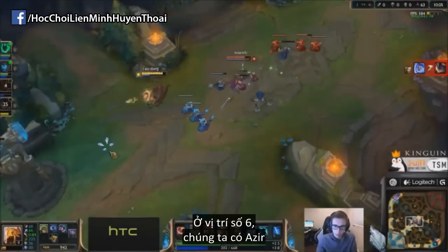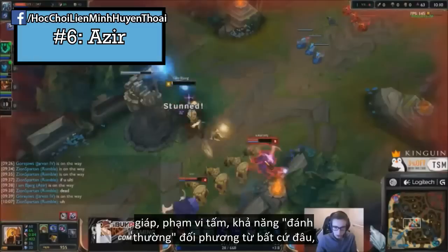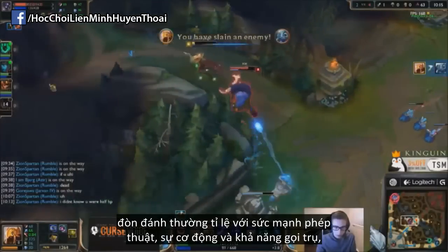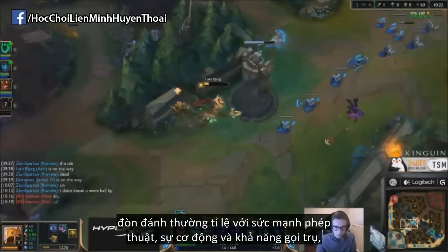And at number 6, we have Azir. With his passive to give him a ton of attack speed, a slow, 2 knockups in his kit, a shield, super high ranges, and the ability to manipulate where his auto attacks are coming from, and having auto attacks scaling off of AP, extremely high ranged mobility, and let's not forget the ability to create turrets, and you're left with